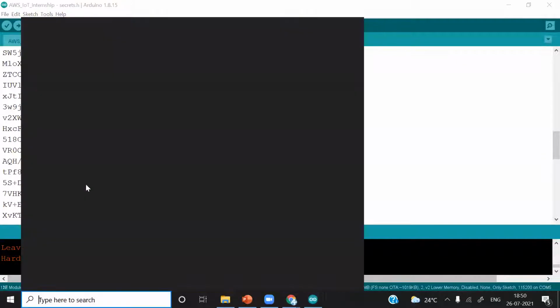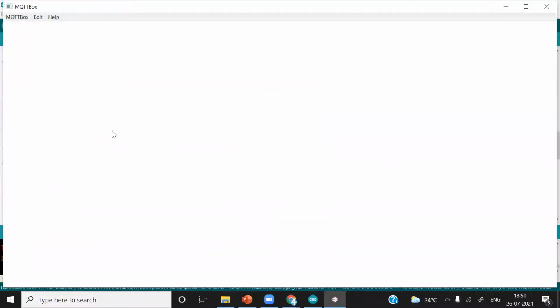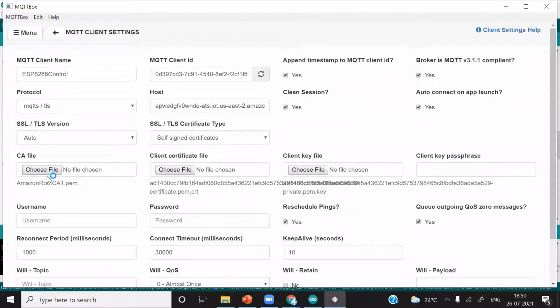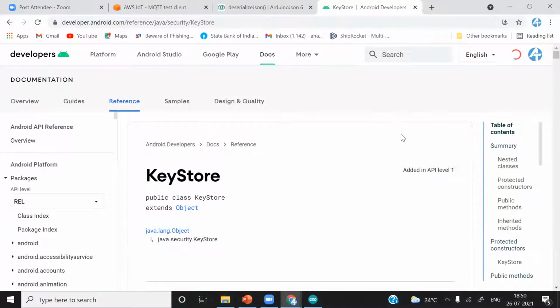In case of MQTT, we directly gave the path, or we selected the certificate files directly over here. But in case of Android Studio, you cannot copy the content of these certificates and put it directly in your code, or simply add the certificate files in your code. It doesn't happen like this in Android Studio.